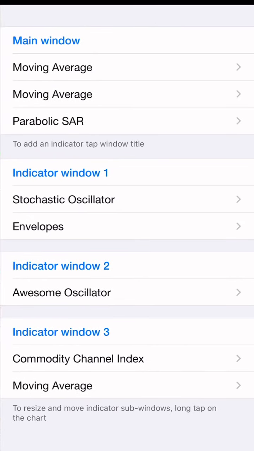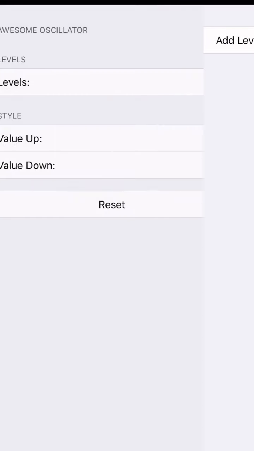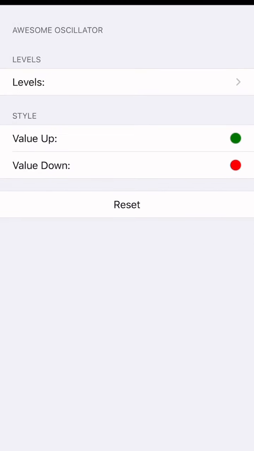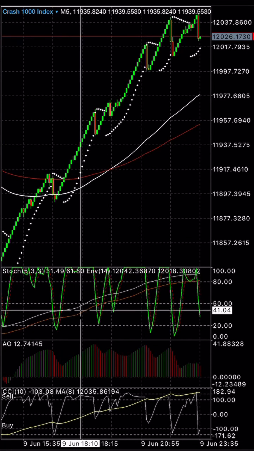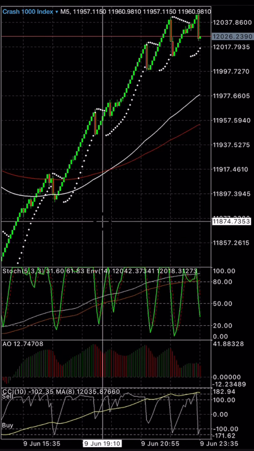Once that's done, you go to create another window, and then you add awesome oscillator. Levels, none. Value up, green. Value down, red. Choose whatever color you want. No fuss really. Then done. Simple, that's it. And finally,